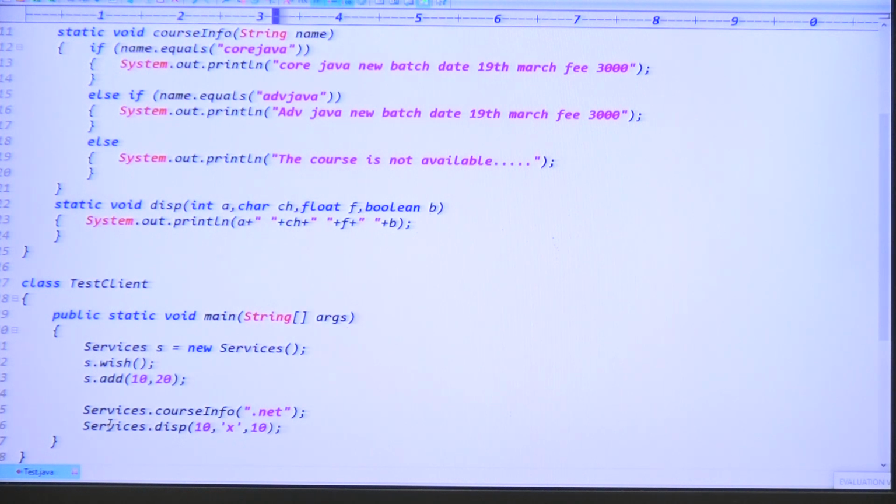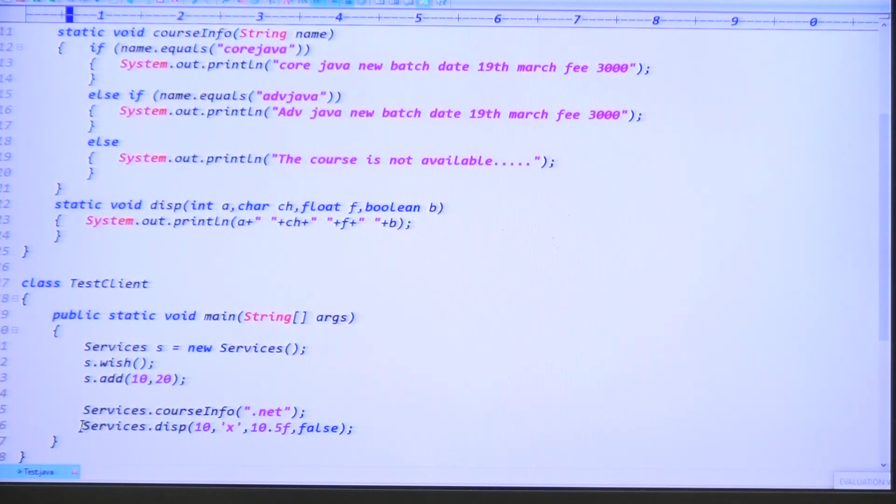Can I pass 10.5 here? 10.5 is by default what type of data? Double, right? But it is expecting float data. Then 10.5f we have to pass. Is that clear now? At last is a boolean value, either true or false, right? Exactly guys. Is that clear now?